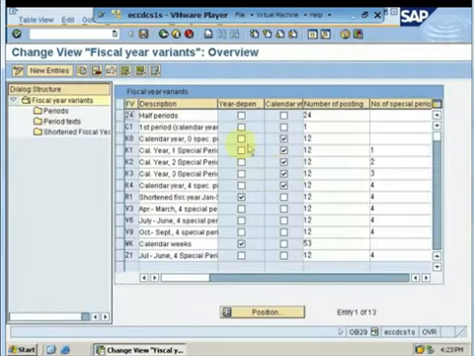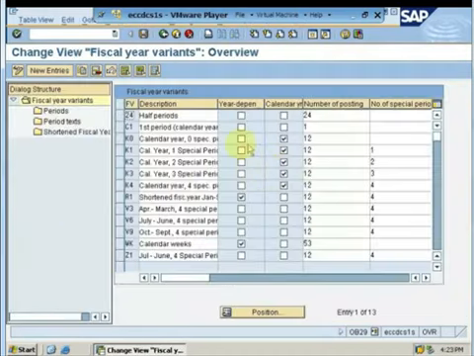As you can see, we have already created a fiscal year with the name Z1, that is July to June. We just click on it and copy it, and let's name it Z2. Now, since we have to keep this year dependent, by not checking this box, the system will automatically assume it is a year independent fiscal year. By not clicking over here, the system will automatically assume that this is a non-calendar fiscal year. We will give the number of posting periods over here, which are always 12, and the number of special periods, which are 4. We can have a maximum of 4 special periods.